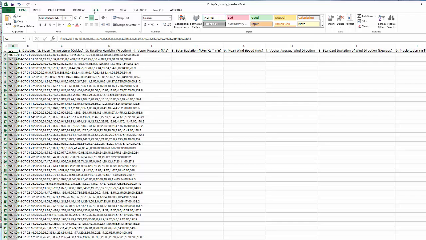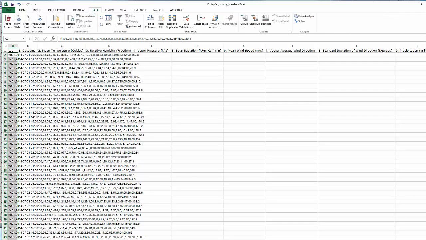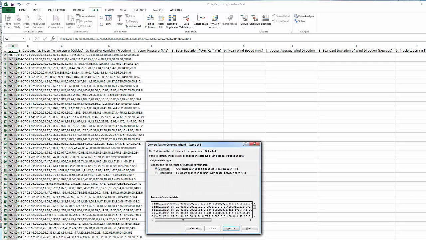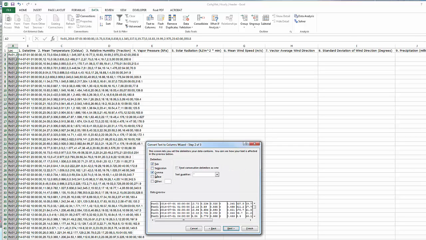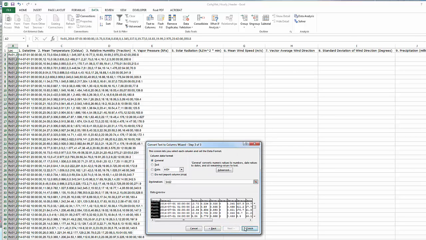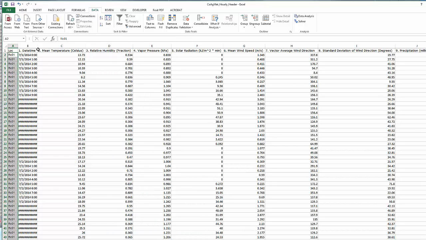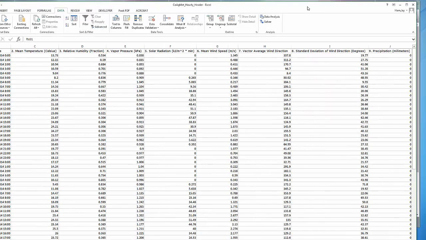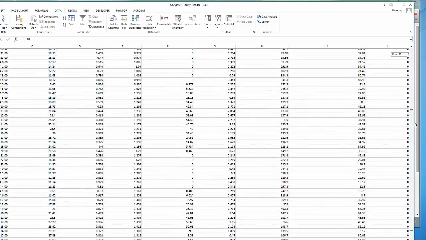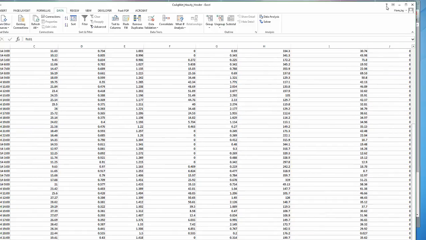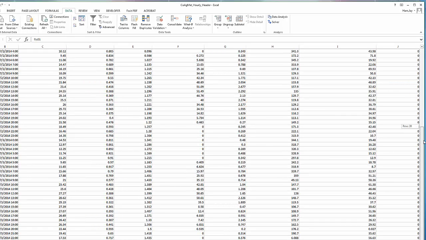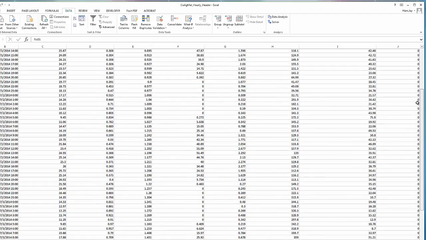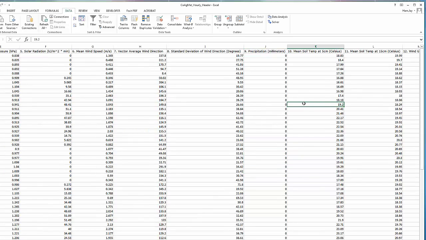Now remember, we've got to spread that out over the columns. Go to Data, Text to Columns. It's delimited, so we want to go here to Tab and comma, Finish, and now we can see all of our information, starting on July 1 and going down through the first 3 days of July. Now that we have our data, we're ready to try to approximate